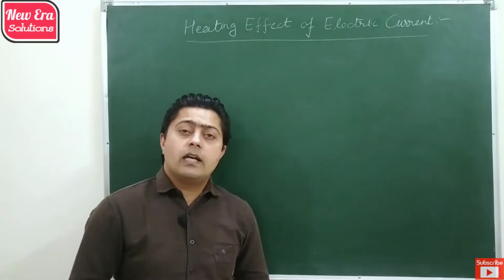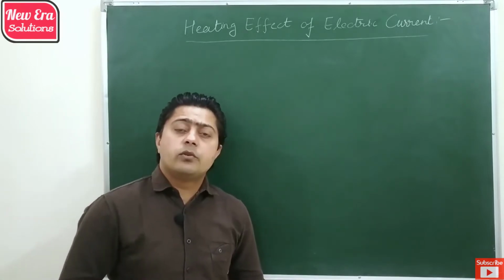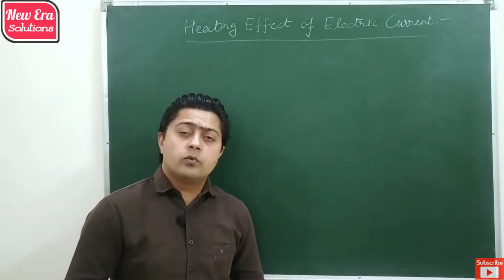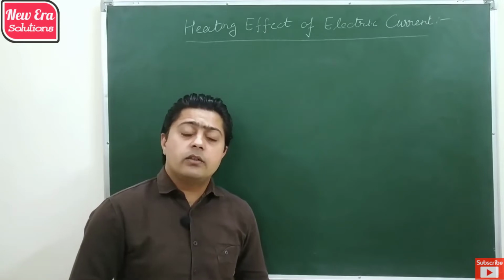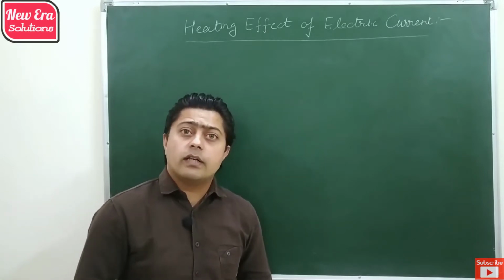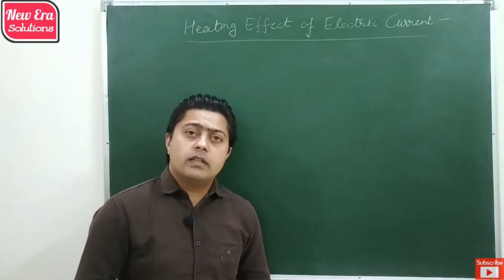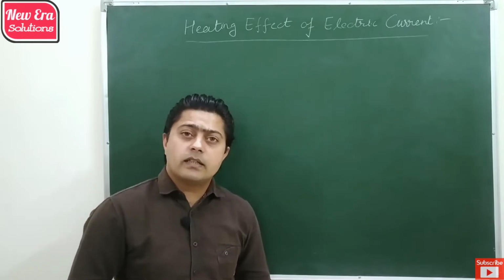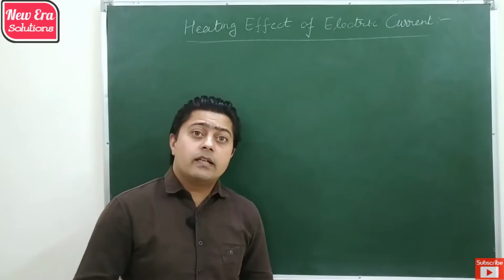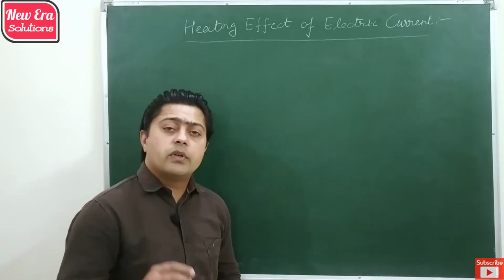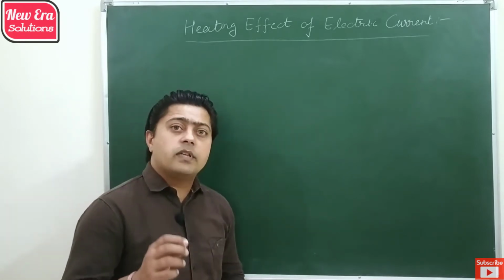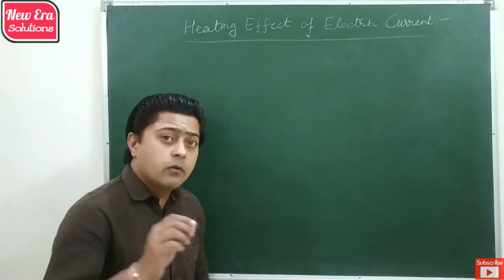As we already discussed, when due to potential difference electron move with high kinetic energy, they also collide with the ions or atom of the metal, and due to this the heat is produced inside the conductor and it heats up. If we want to calculate the amount of heat produced inside a conductor, then we can obtain it by finding the work done.